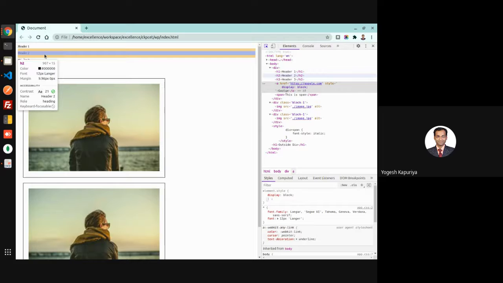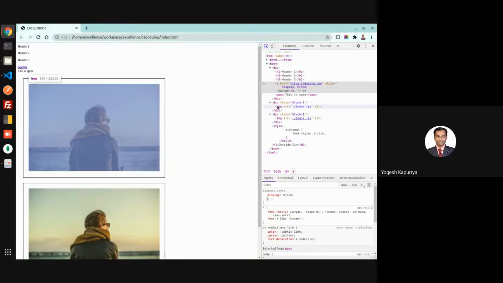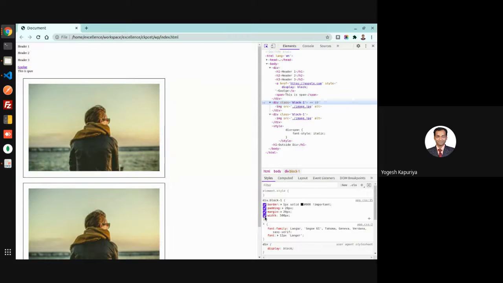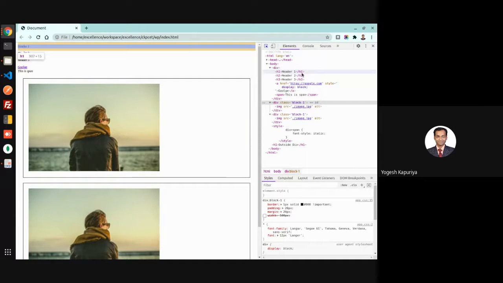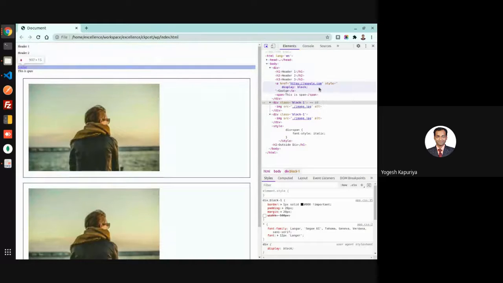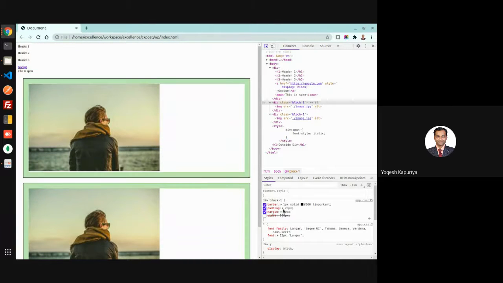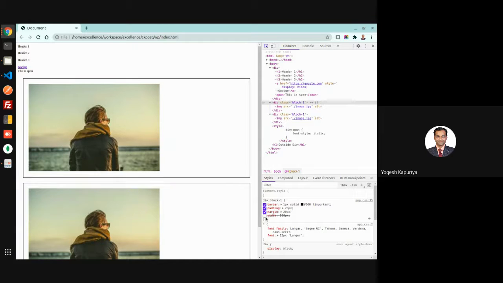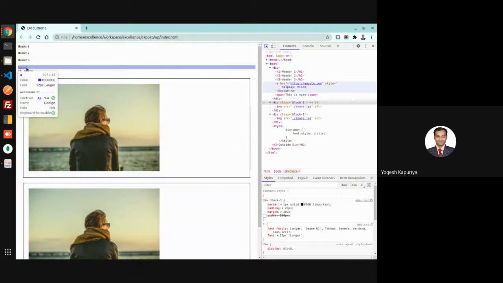Then the div tag, whose display property is block. If you don't mention any width, it will take the entire width. If you see this border, it will take the entire width available unless you specify a width, because the default property is block. So this is display inline, display block, and there is something called display inline-block.